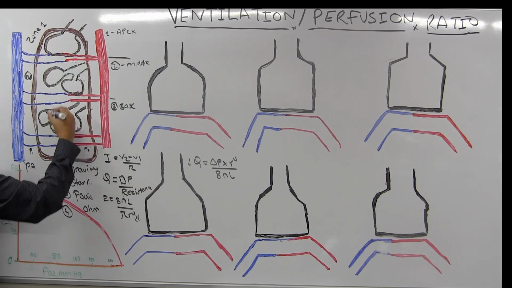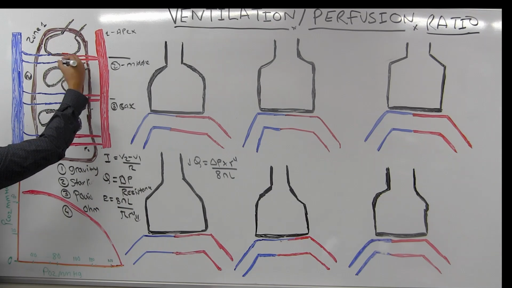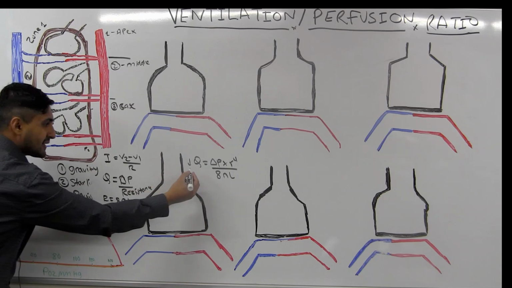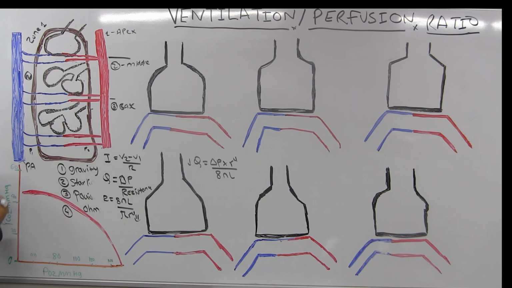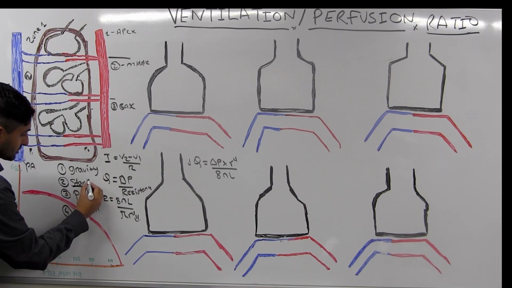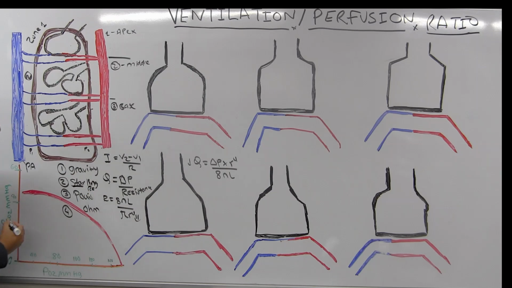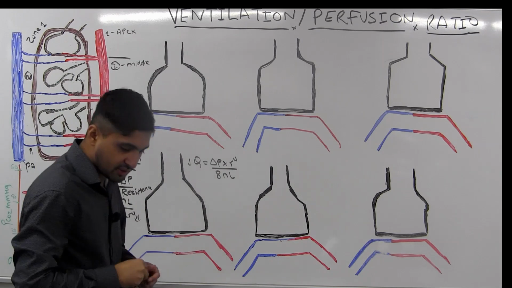So if you decrease your radius, like right here, what's going to happen? The flow is going to decrease, right? That's exactly what we're talking about here, and that's what this explains too. Now, there's another concept called the Starling resistor concept too. What does this mean? Meaning that if we quickly talk about this